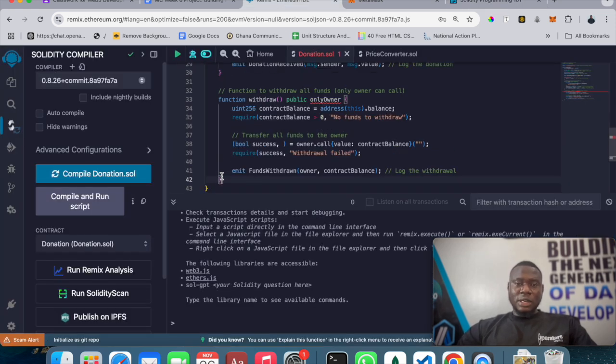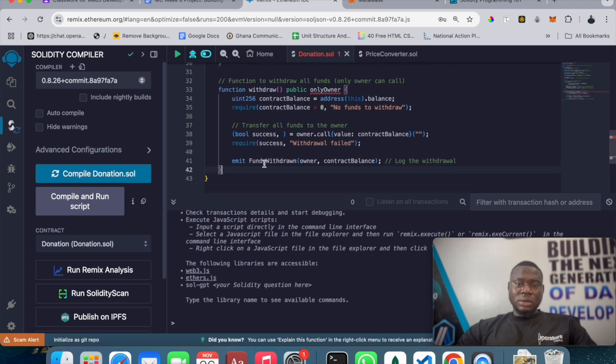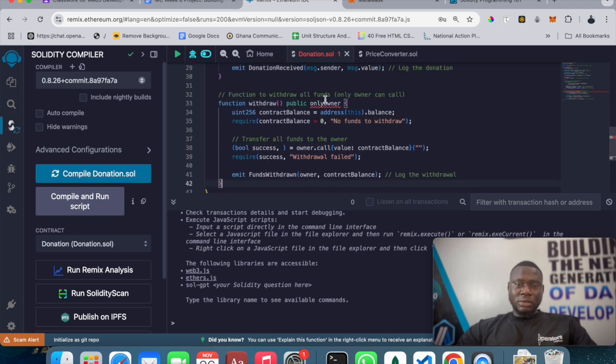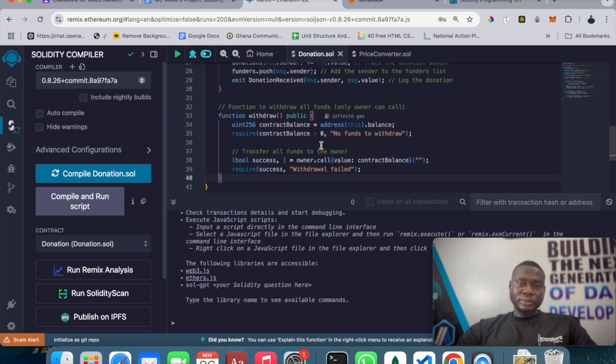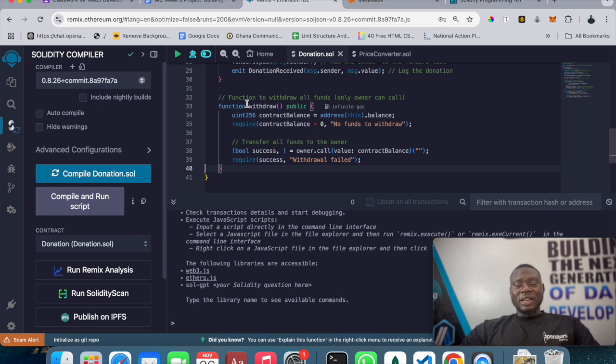Okay, and then we have an error. Where is the error? This is the error. Only owner. When we take it out, the error will vanish, no? So when you take it out, we have another error. Fund withdrawn error. Let's take that one out, and now we don't have an error. Okay, so now we have the withdrawal function here, and what it does is that when the contract owner,